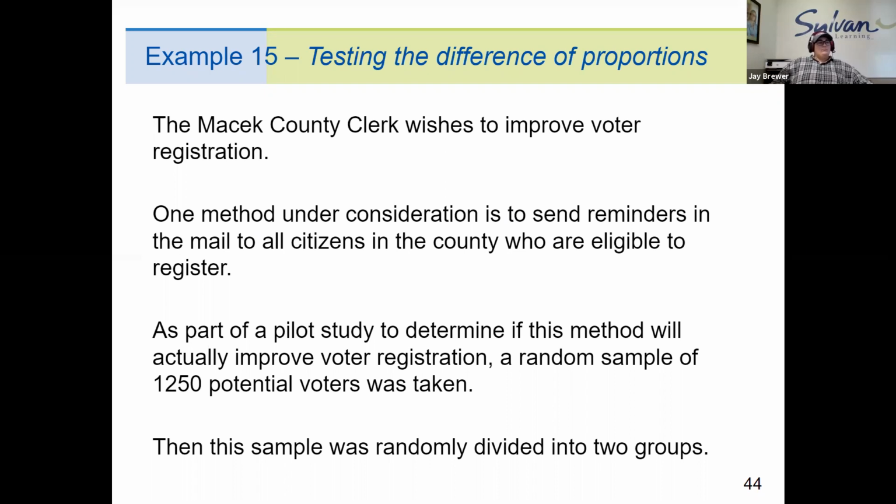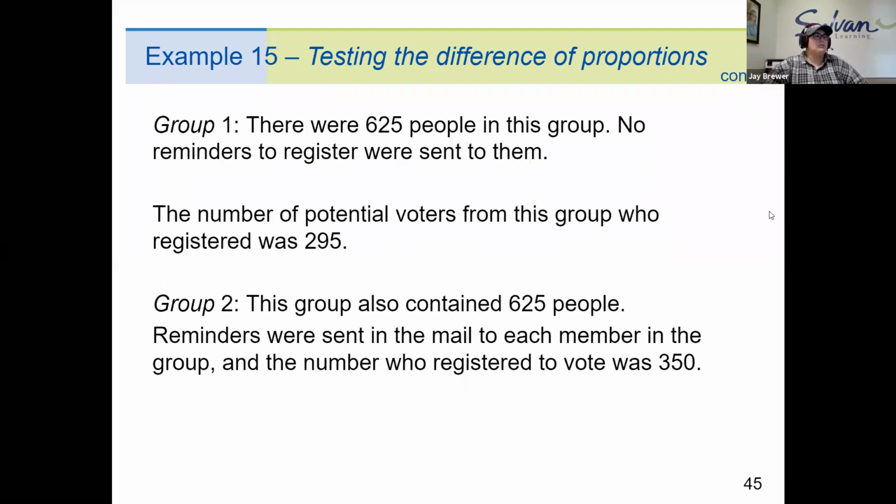Then this sample was randomly divided into two groups. Group 1, there were 625 people in this group. No reminders to register were sent to them. The number of potential voters for this group who registered was 295. For group 2, this group contained 625 people. Reminders were sent in the mail to each member in the group, and the number who registered to vote was